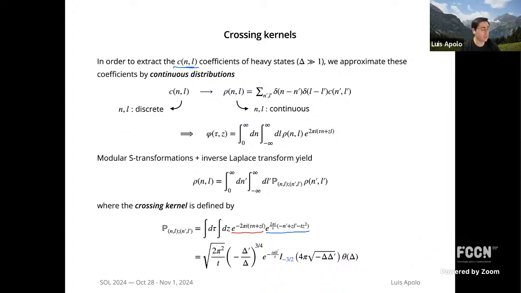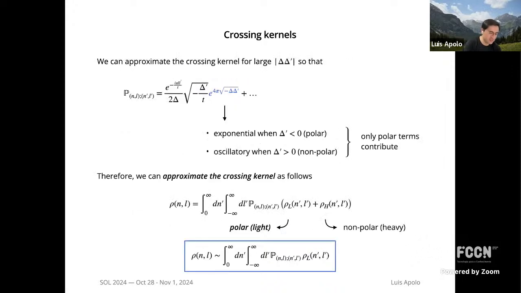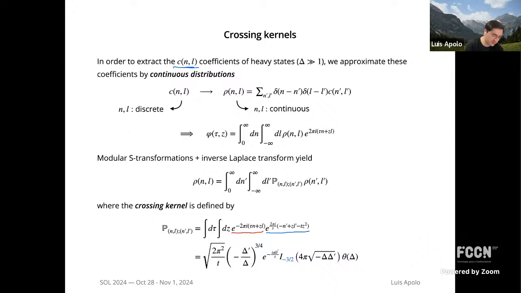So what you can do with this Bessel function is you can consider the case where the argument is large. In the case where the argument is large, these parameters here are large, you can expand the crossing kernel in this way with corrections that are exponentially suppressed. And you see that when you consider a polar state, so remember we're interested in this formula here